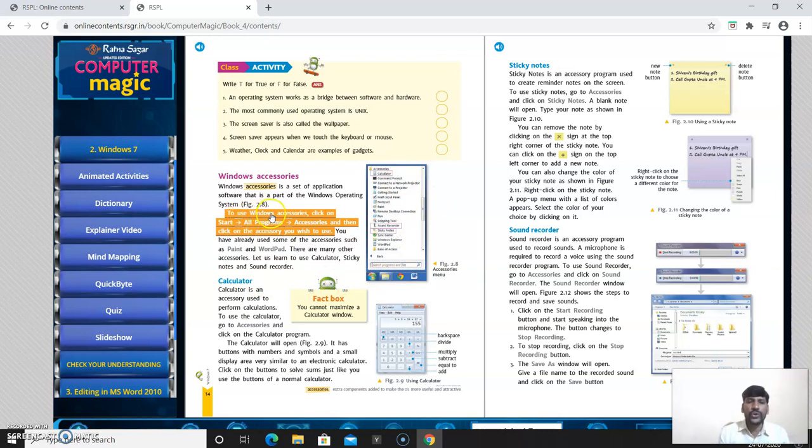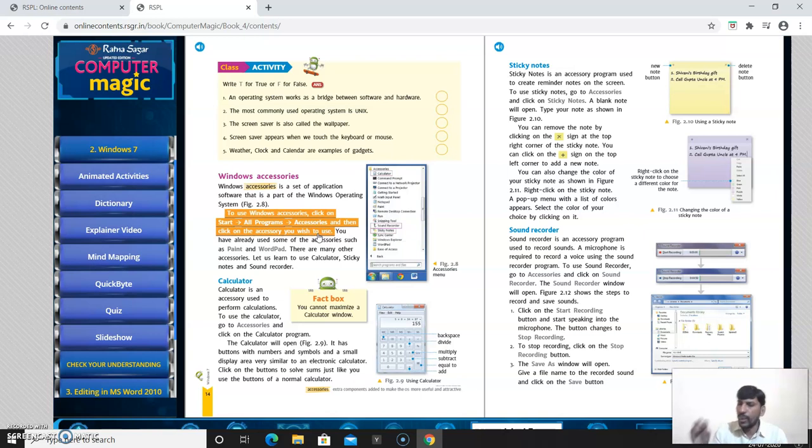Now to use Windows accessories, click on Start button, All Programs, Accessories, and then click on the accessory you wish to use. Whatever accessory you are going to use, calculator is one type of accessory. Suppose if you want to use the calculator in your system on the desktop, how to select the calculator?